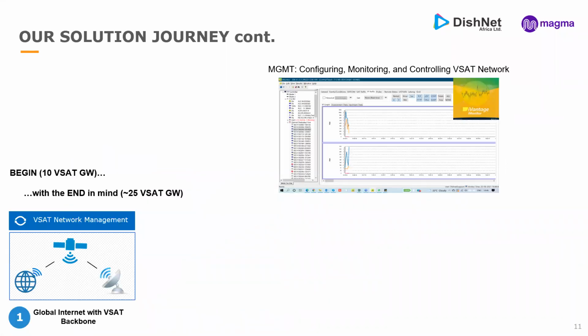So this is how we started. Currently we are deploying 10 VSAT sites and plan to cover around 25 VSAT sites with the access gateway. The network we are currently building is for 20,000 individuals to get access to the internet via the LTE network, using Magma as a core network. So how do we manage the VSAT network? To manage it, we utilize domain tools; we use iDirect as our domain tool to manage the VSAT sites centrally.